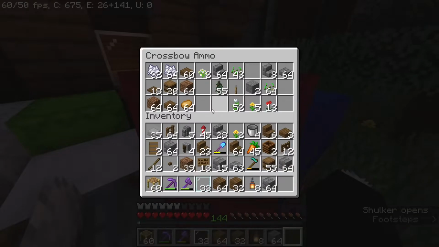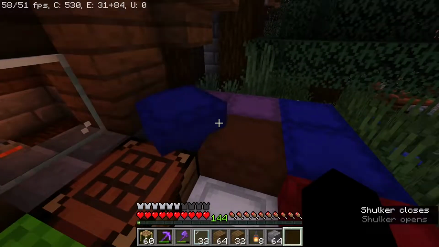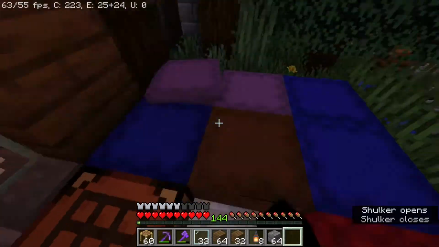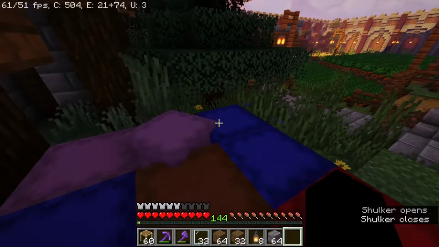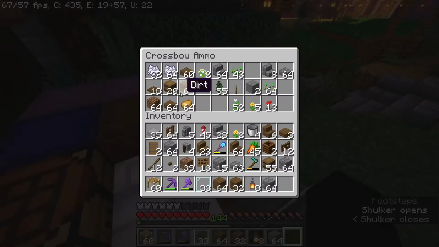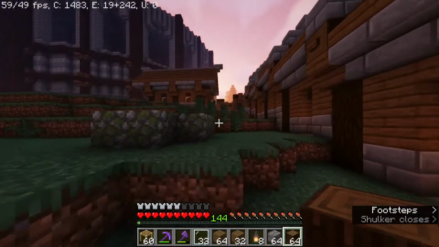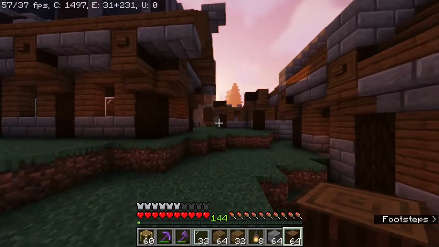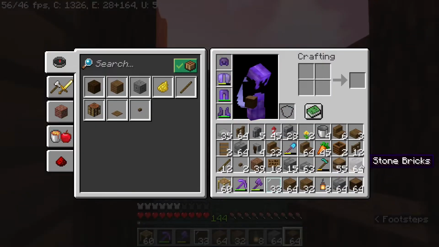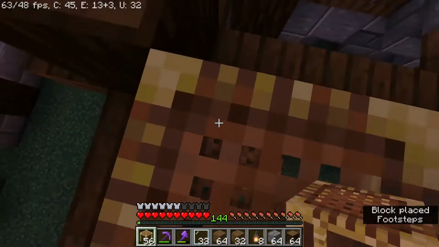It might be something that I do on the Stumpy SMP. There's a lot of cool story elements that people are building up, and I think doing something like that would be a cool way to integrate it. I'm not too sure though. It really ultimately is going to depend on how the server progresses. And then I have one absolutely last thing I wanted to talk about as I continue with my ramblings.